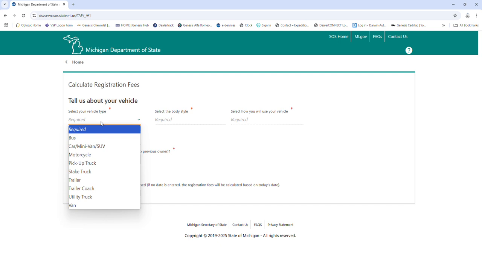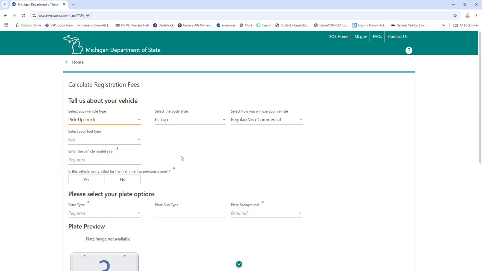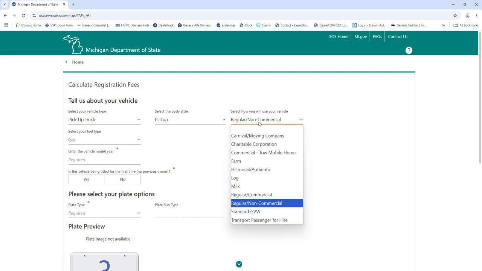So first things first, the vehicle type. Let's say that I am selling a 2025 Ram 1500. In this case, that would be a pickup truck. So I'm going to select my pickup truck, and then it already pre-filled my pickup for the body style, and it is going to be used. My customer is using this for personal use, so that is just going to be what it's already pre-selected, regular,